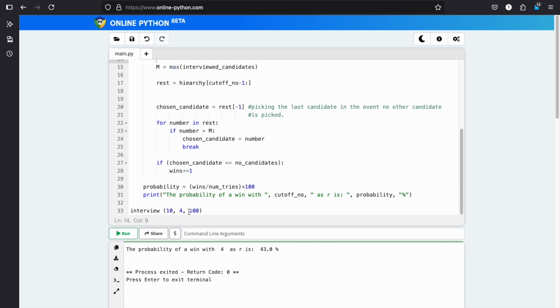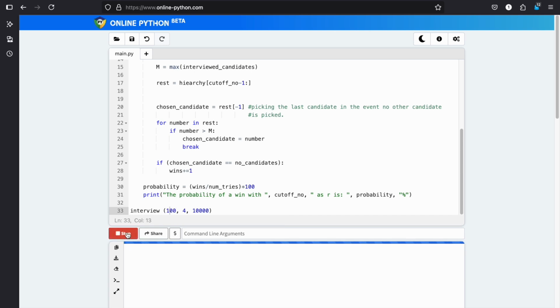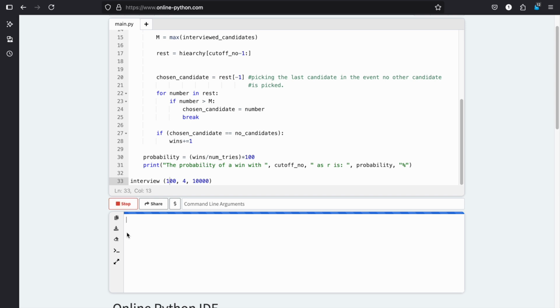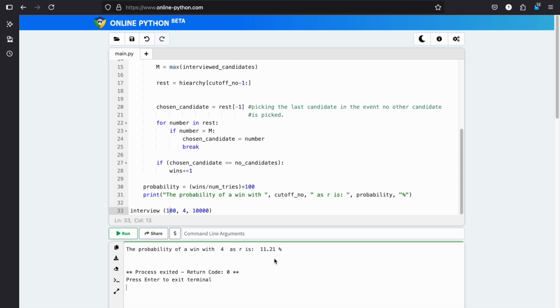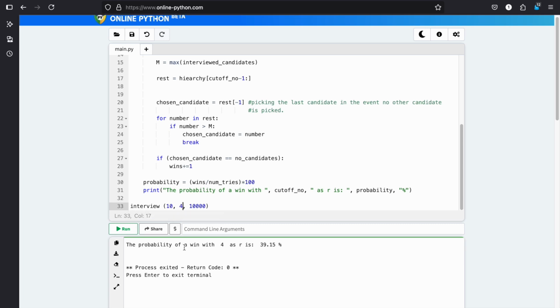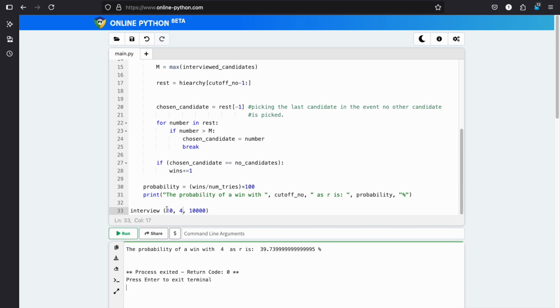So what if we want even more fun? We can add 10,000 people and change our R value. Well, why not? Having more candidates, we'll see if this does indeed follow the 37% rule. Actually, this was my bad, because when I increased the number of candidates, I should of course have changed the R value, because otherwise it's completely stupid. Right, here we actually are getting close to 37%, right? And yeah, 38.9,